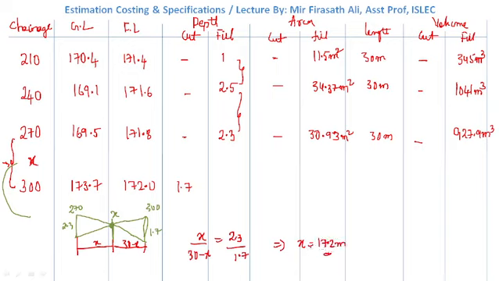How much will you get? The value of X as 17.2 meters. So, what do we need to include over here? Our next station, which is at 287.2, that is 270 plus 17.2. This X station is 287.2. So, here we will get only the length. The length is 17.2 meters. Are you getting my point? The length will be 17.2 meters.